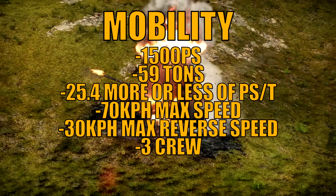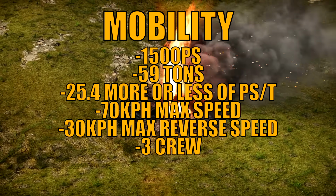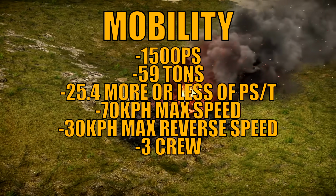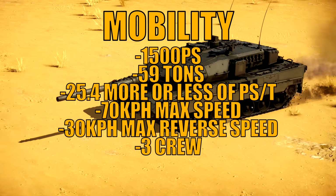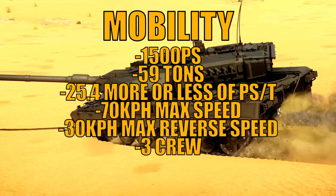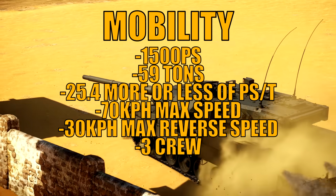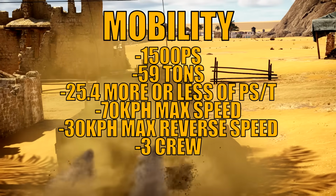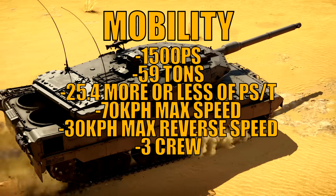For the mobility, it has only 59 tons, so it's a very light tank compared to other MBTs from NATO, right? And it still has the 1500 horsepower engine, right? So it would have 25.4 or 25.2 horsepower per ton, which means that it would be more mobile and faster than a normal Leopard 2A7, right? It can get up to like 70 kilometers per hour, with top road performance, and a reverse speed of around 30